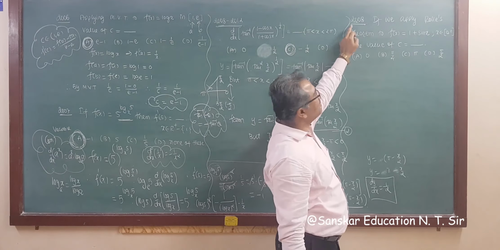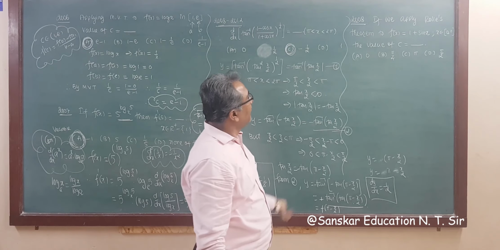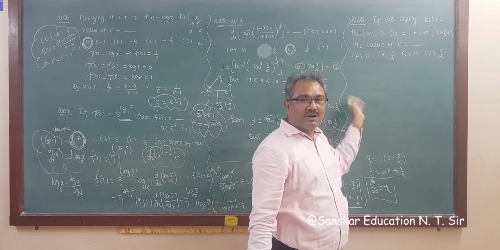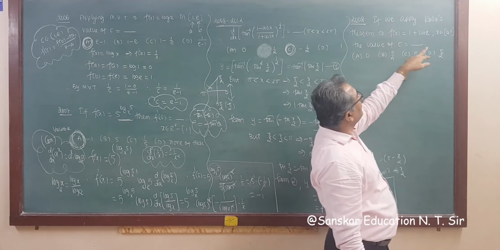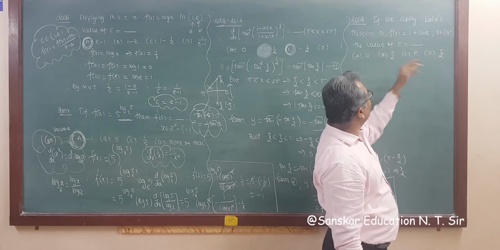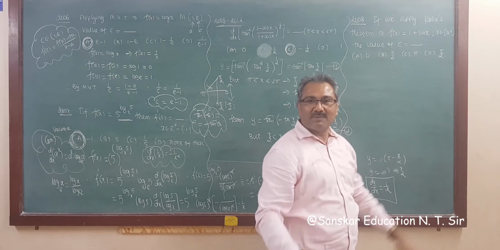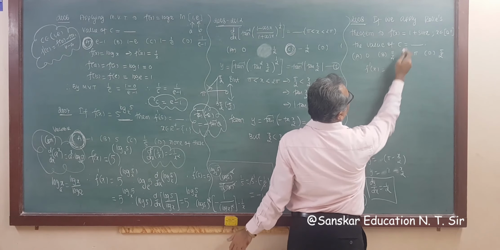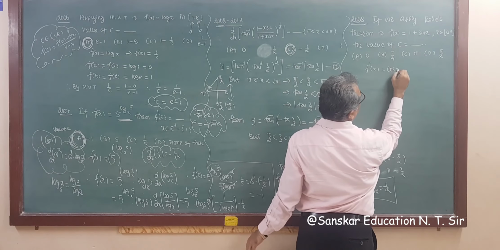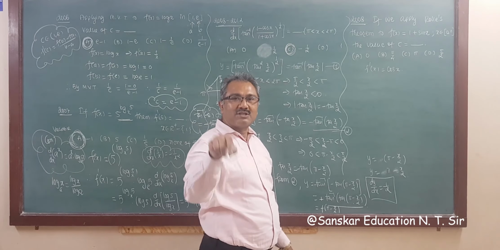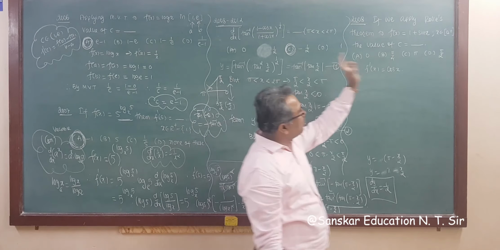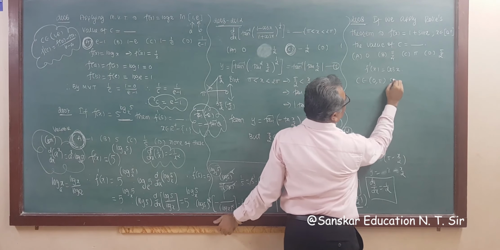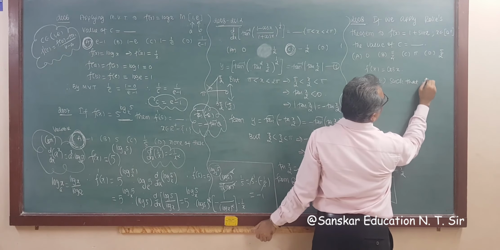Now the next question is 2008. If we apply Rolle's theorem to f(x) equal to this, then the value of c. Now you know Rolle's theorem: continuous in the closed interval, differentiable in the open interval, and f(a) is equal to f(b). But there is no option that Rolle's theorem is not applicable. So directly f dash x. What is the derivative of f(x)? f dash x is 1 plus 0, and the derivative of sin x is cos x, right? So by applying Rolle's theorem, there exists c belonging to the open interval 0 to pi such that f dash c is equal to 0.